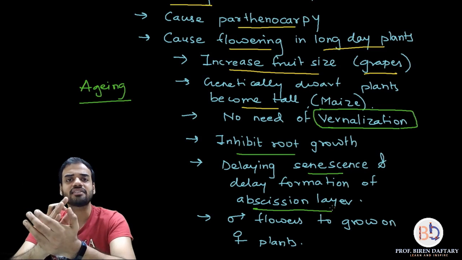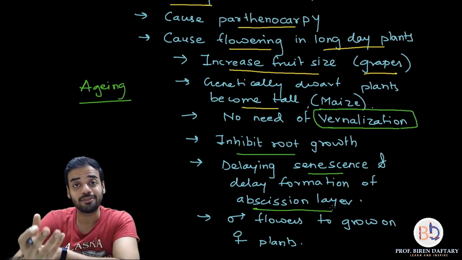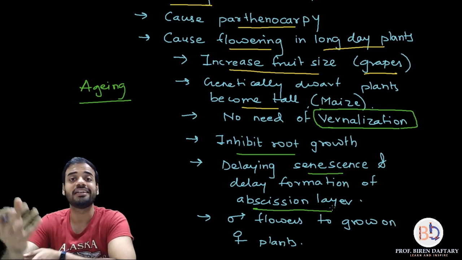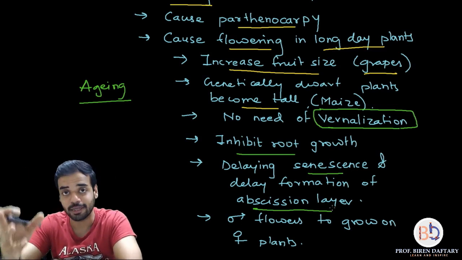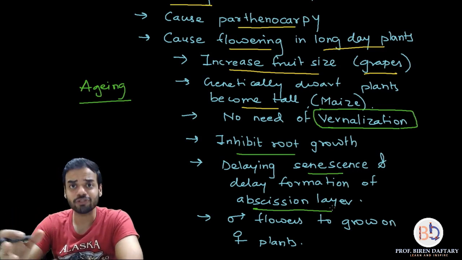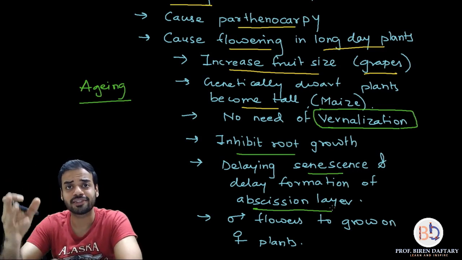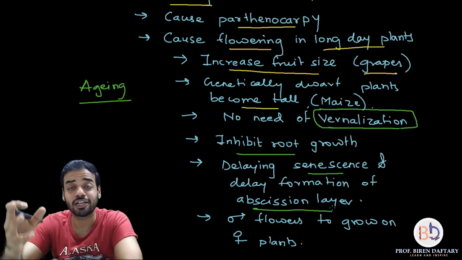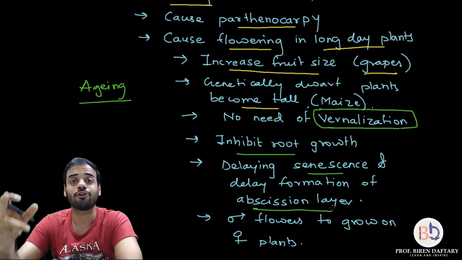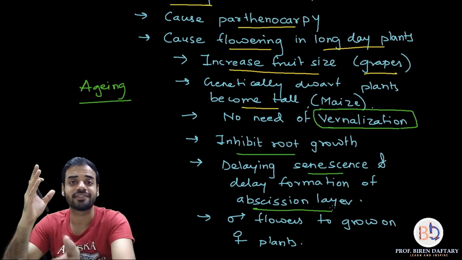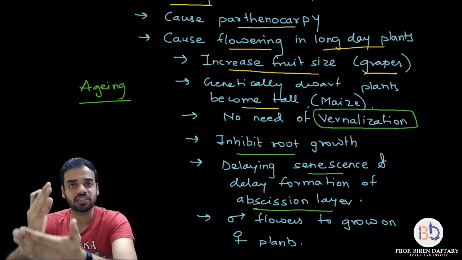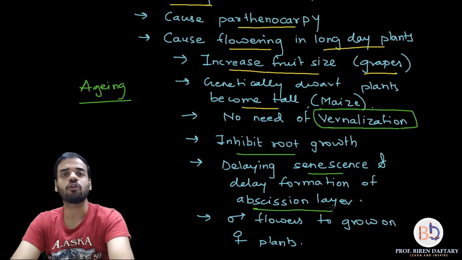And last is by using gibberellins you can grow male flowers on female plants. So that is an interesting application. Even if you have a female plant, a plant which is only having female flowers, female flowers are the flowers having a gynoecium only. However, if you use gibberellins in proper quantities, you can even cause male flowers to grow on these plants. Is this clear? So with that we have finished the physiological effects and applications of gibberellins.